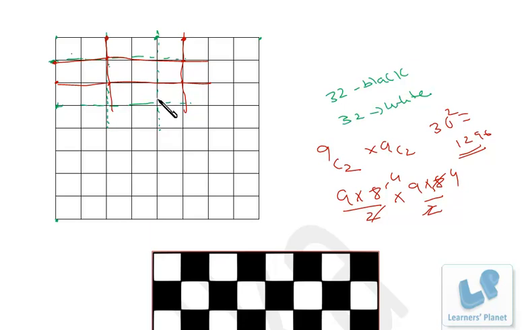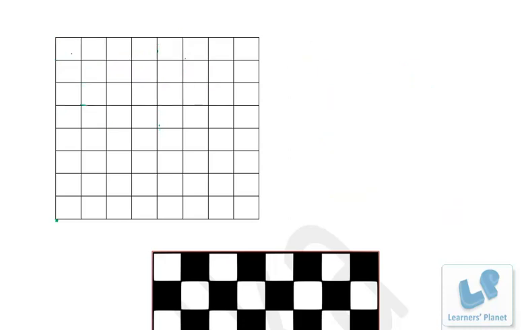Now the next question is, what are the different sizes of rectangles? Suppose I ask how many rectangles will be there of 1 into 2, maybe 1 centimeter into 2 centimeter. If I consider the length from this point to this point as 1 centimeter, then how many rectangles will be there of 1 centimeter by 2 centimeter? Okay, so let's try to do that. Now see how we count that.